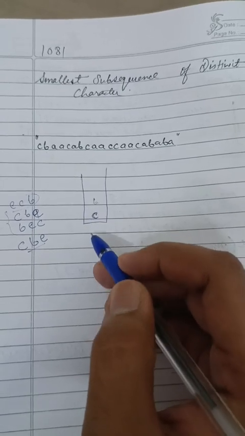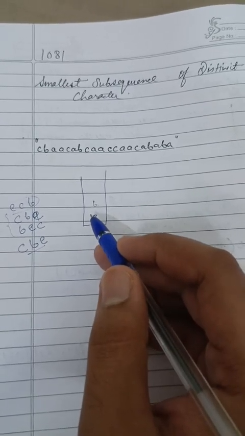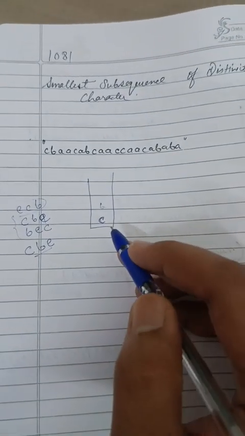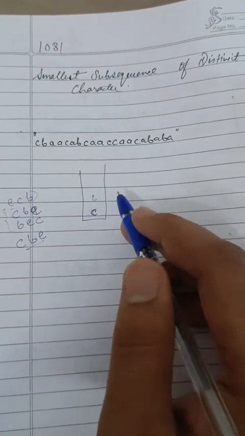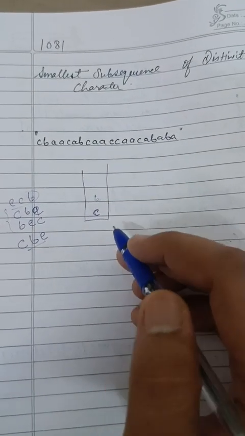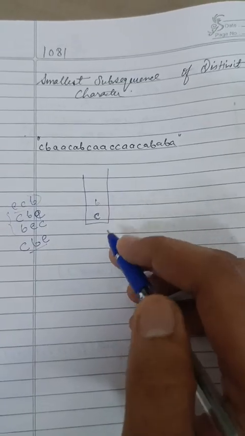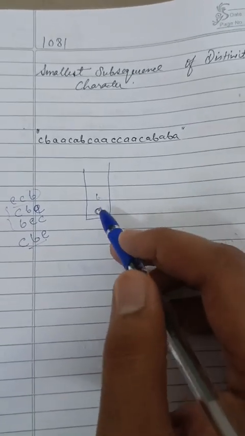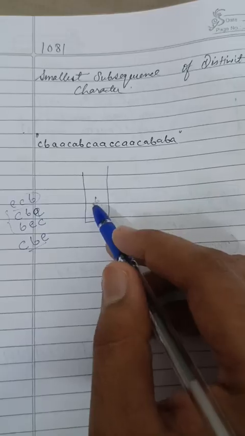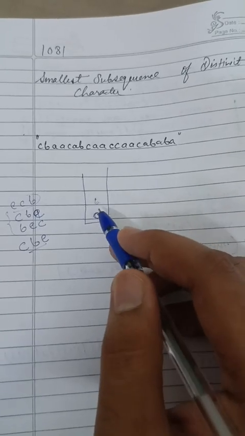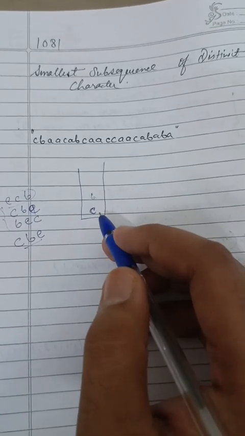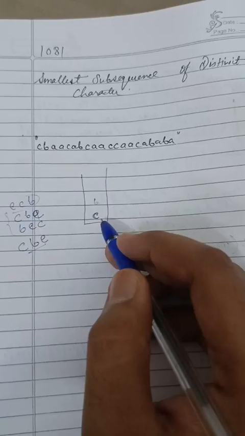If B is already present in the stack, then I won't have to store B, right? Because we have to store only unique elements, and give output in unique elements only in increasing format. So if B is already present, then I will ignore B. If B isn't present, then what I have to do is delete C. But